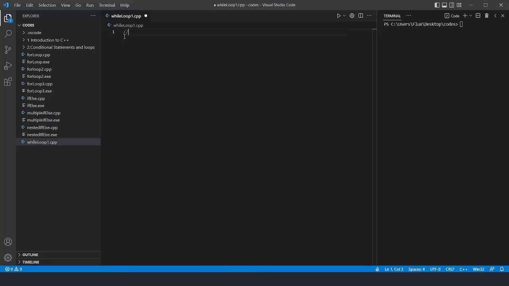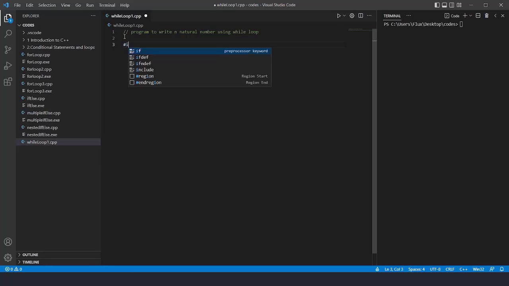We're going to print the n natural numbers using while loop. We already saw for loop, now we're going to see the while loop. So program to write n natural numbers using while loop. We already know that while is the keyword that will be used for printing the natural numbers, and we'll see the basic syntax of that: how to initialize, where to write the condition and where to update. In for loop we already did that only in the round bracket, but here we'll see how to do it. So before that, we'll include the header file #include